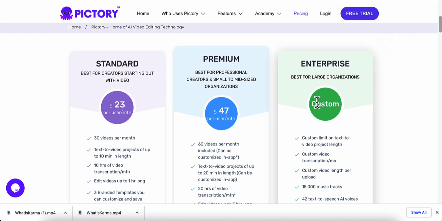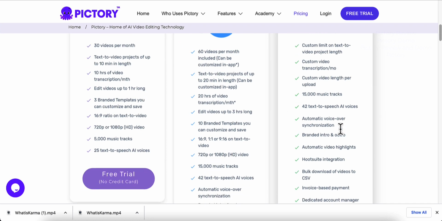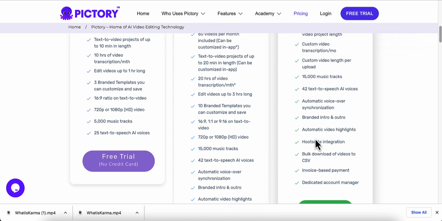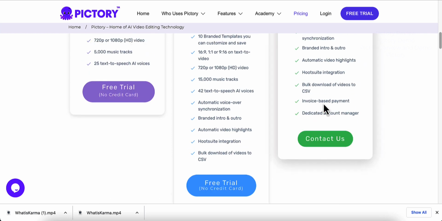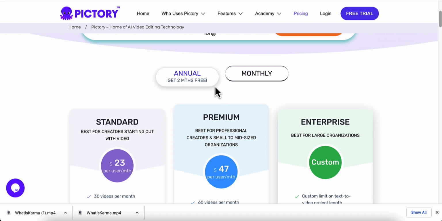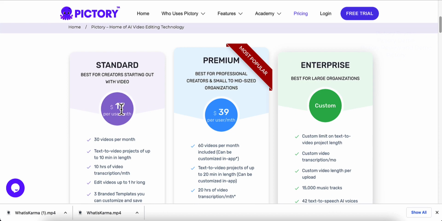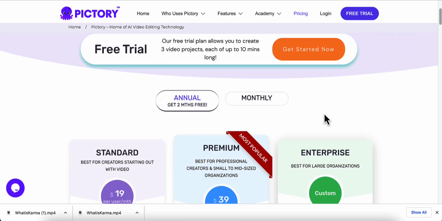And Enterprise, which will give you a lot more, which is custom limits and all that stuff. So you would have to contact them if you want that. You can also do an annual plan and get 2 months free. The annual plan gives you $13 or $19 per user per month, and then the premium is $39 per user per month, and then the custom, you would still have to contact them.